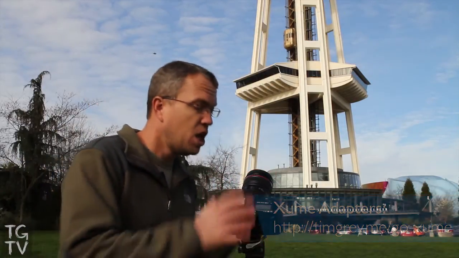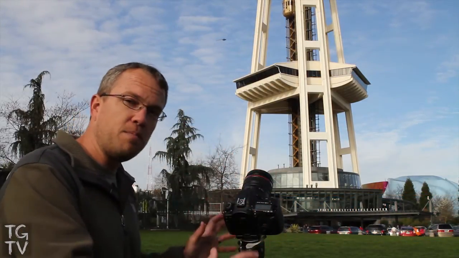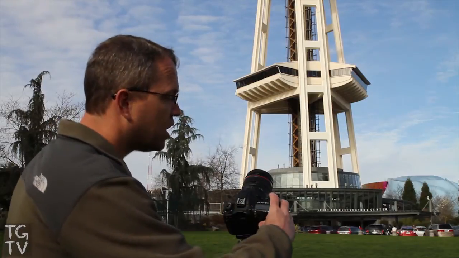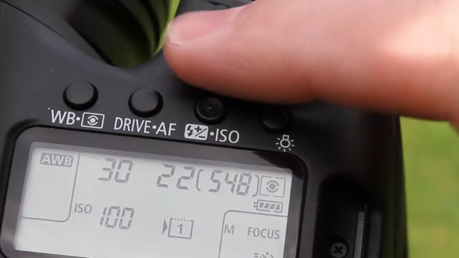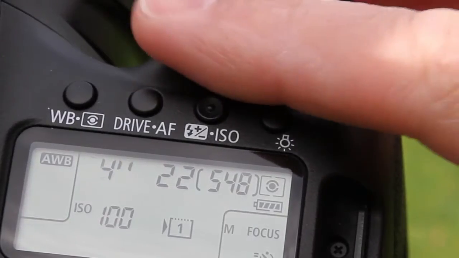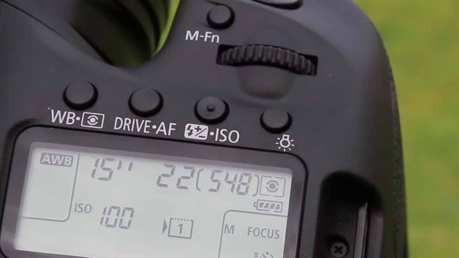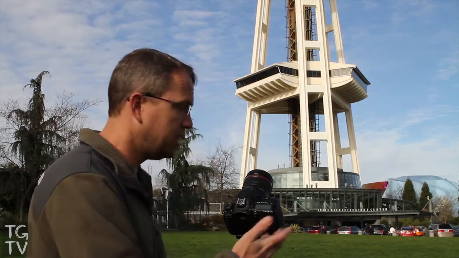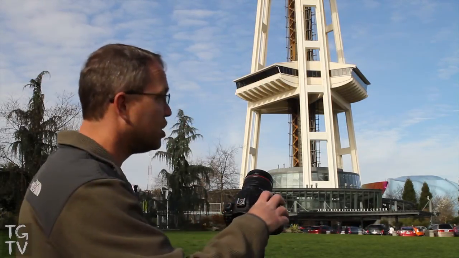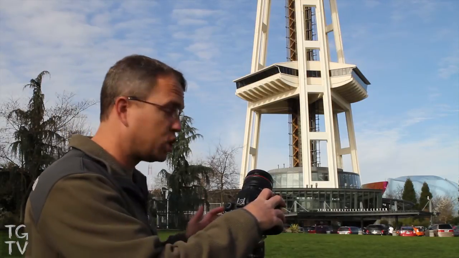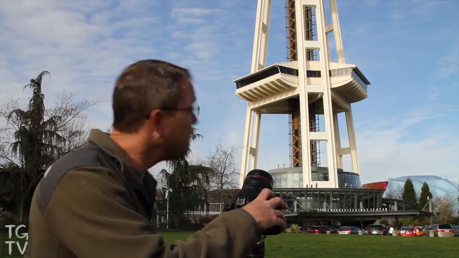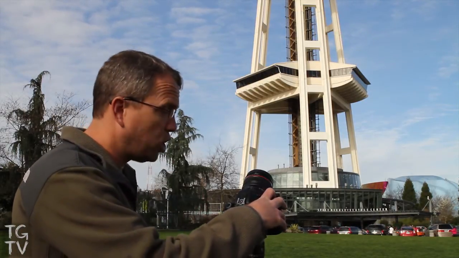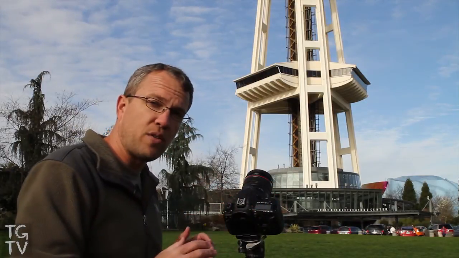Very, very convenient. So I've got the shot set up, it's all framed up, I've set my focus. Now I'll just adjust my exposure settings. Instead of that 60th of a second, I'll get a shutter speed of about 15 seconds at f/22 and 100 ISO. I'm using a 2-second timer in lieu of a cable release. Either is perfectly fine. I just tend to use a 2-second timer, generally speaking, rather than breaking out the cable release. I'll wait for the clouds to be in a good position, and then I can just trigger that exposure,